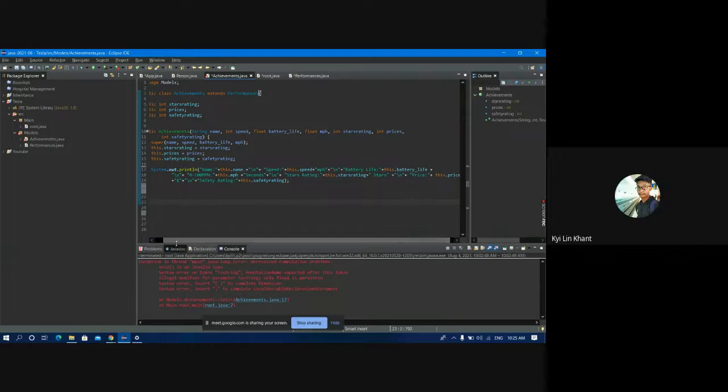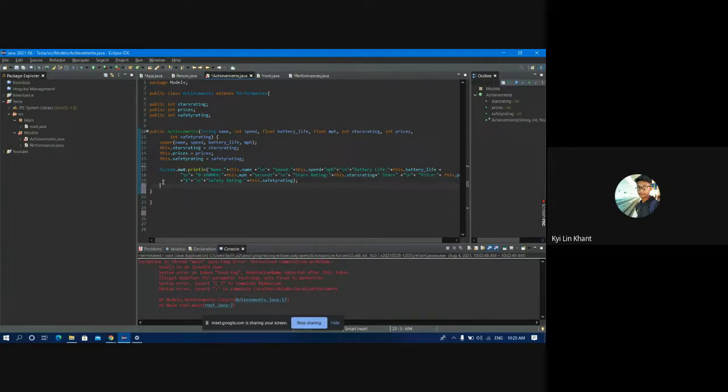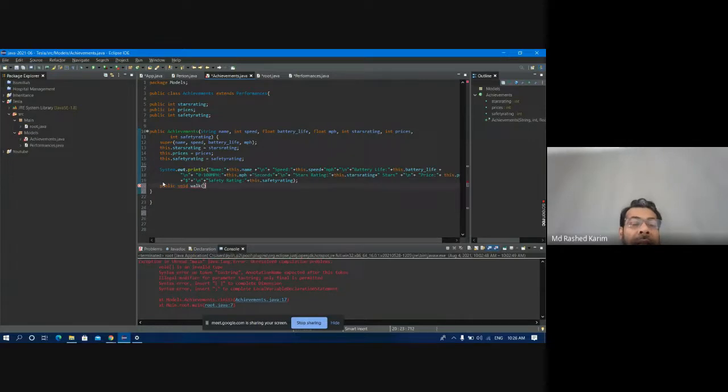First of all, if I try to make a method, it's a problem. Why inside the parenthesis?